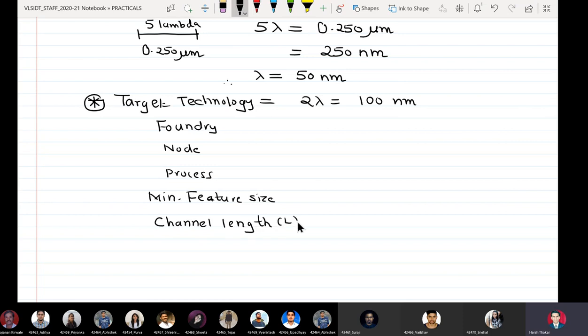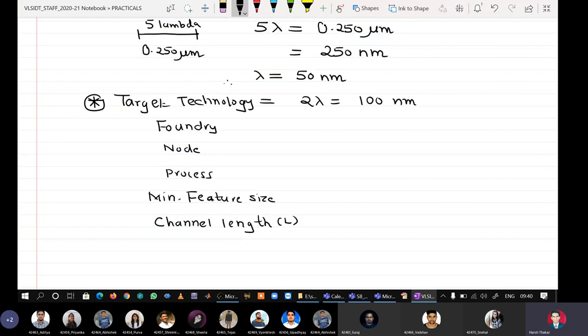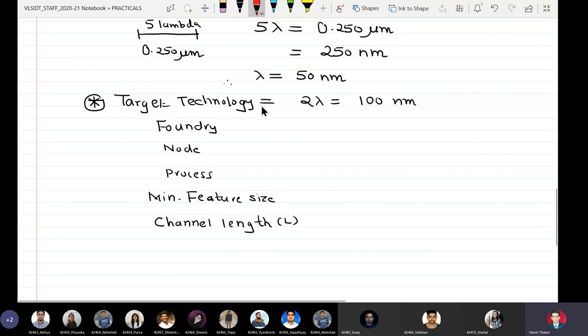So whenever any of these questions are asked to you, that what is the target technology or foundry or node or process or minimum feature size or channel length used by you?